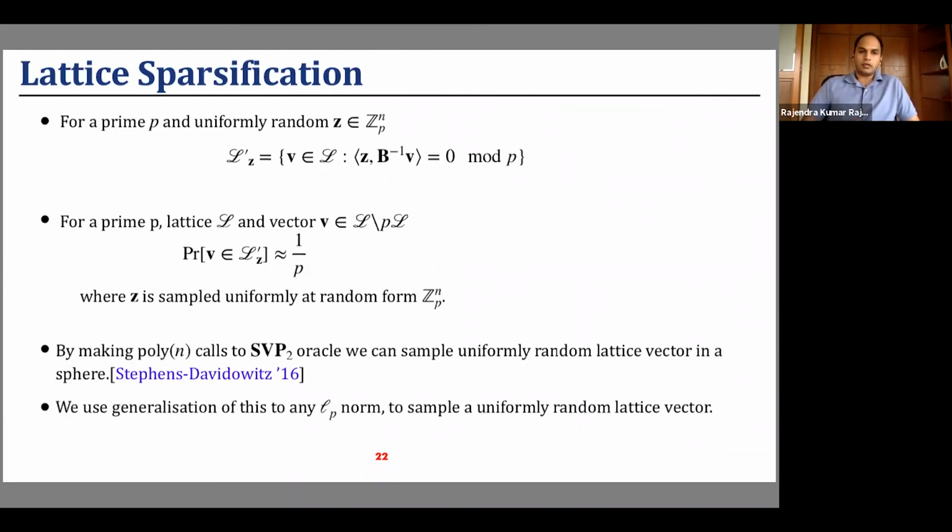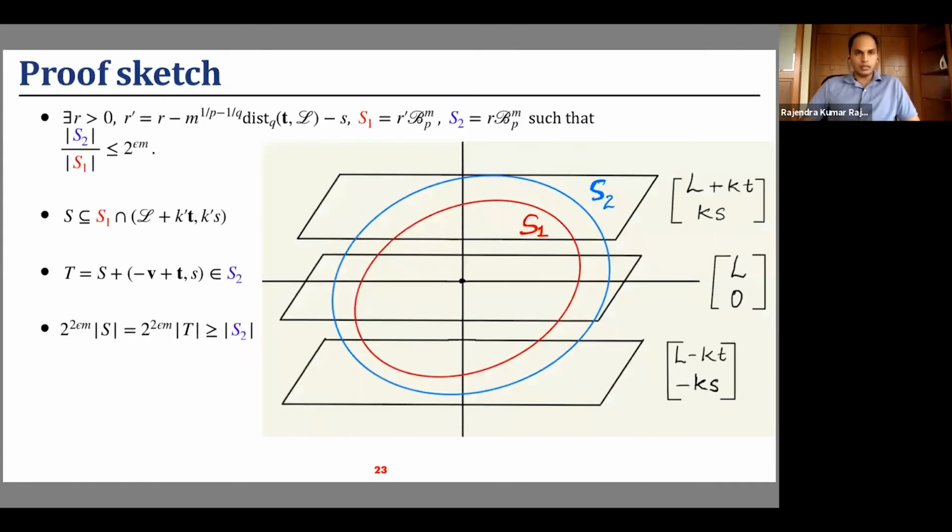And in this work, we generalize this reduction to any LP norm, and show that similarly, by making a polynomial number of calls to an SVP oracle, we can sample uniformly random lattice vectors in an LP ball. So this is the solution to the first problem of how to sample small lattice vectors using an SVP oracle. The proof sketch is, first we show that there are two spheres S1 and S2,